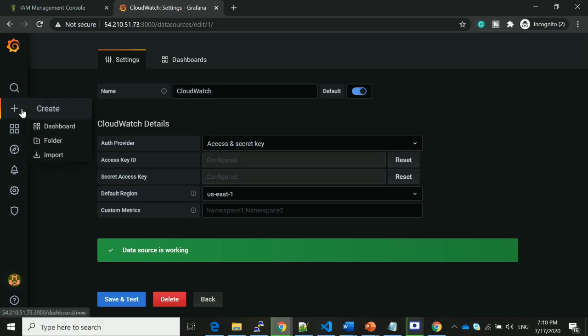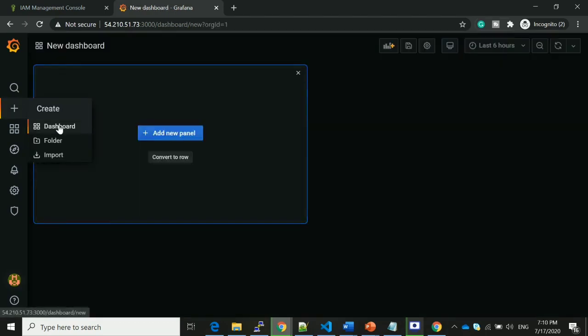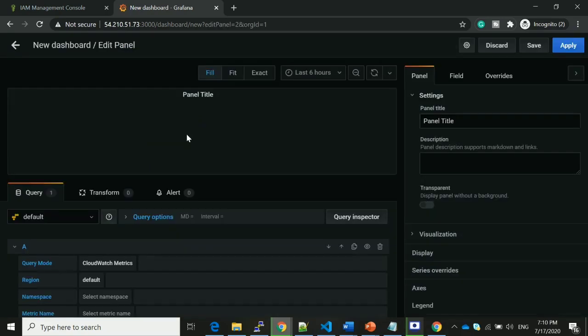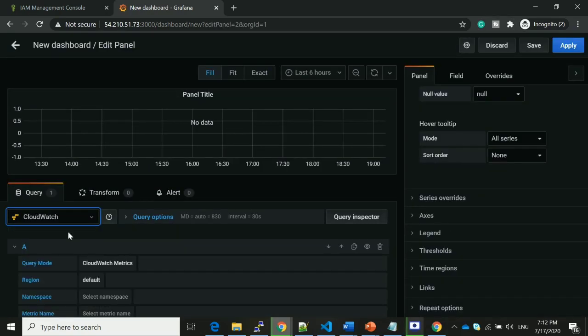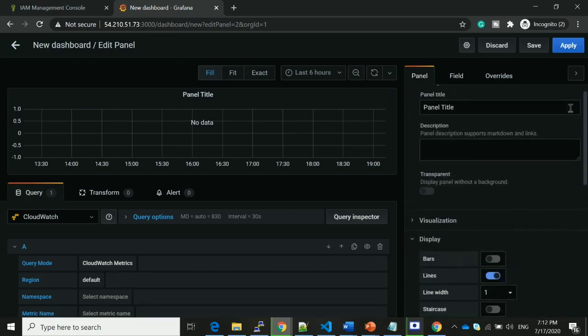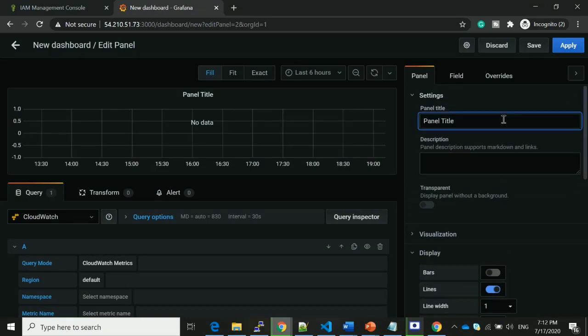If you want to create the dashboard, click on the plus symbol and select dashboard. Add new panel. Let me select CloudWatch as the data source. I have selected CloudWatch as the data source. If you go to the right-hand side, you will find options for the panel. Here I just want to change the panel name to CloudWatch.